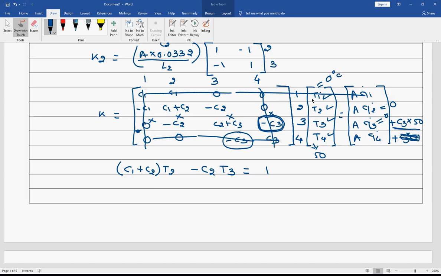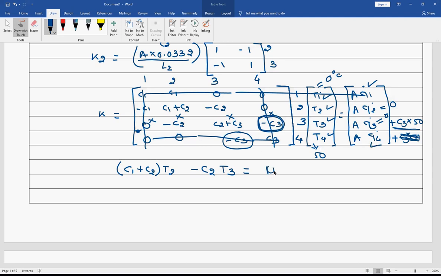So anywhere a condition is known to me, there exists a reaction. If you remember, if I put this value of displacement 0, then there exists a reaction. If I put the displacement value 0 here, then there exists a reaction. Similarly here in this case, T1 is 0, so therefore this will exist and this will stand as a reaction. T4 is 50, so 0 or 50, it is known, therefore Q4 dot will exist.